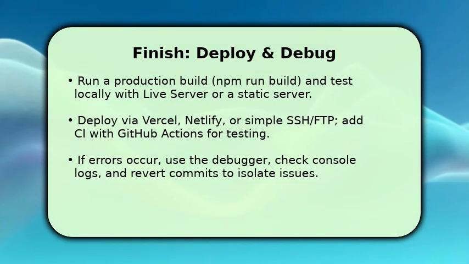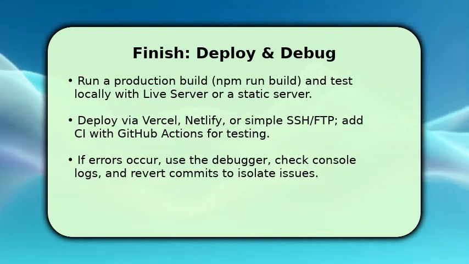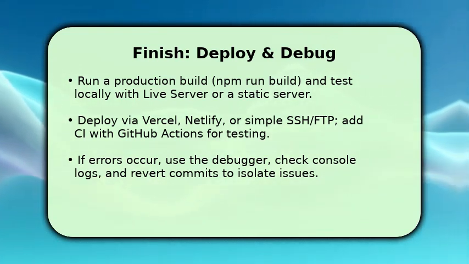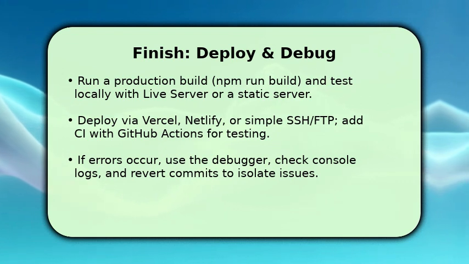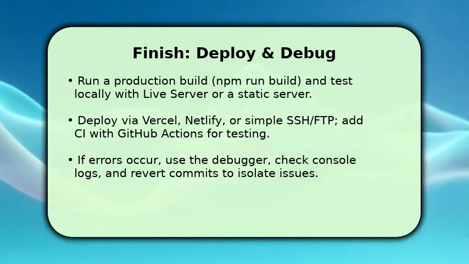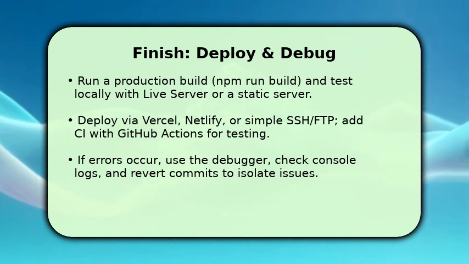You wrap up by creating a production build and verifying it locally using Live Server or a lightweight static server so you catch environment differences early. Once verified, deploy to Vercel, Netlify, or your server, and add a simple CI pipeline with GitHub Actions so tests